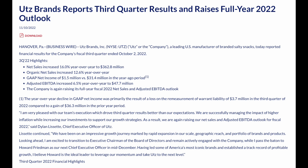And so net sales increased 16% year over year. Organic net sales, 12.6%. Organic basically takes out the acquisitions they've made. And so that's just existing brands they already have are growing year over year. Their adjusted EBITDA is growing 6.5% year over year. I'm not going to go into everything on this slide, but I'm going to tell you the story at